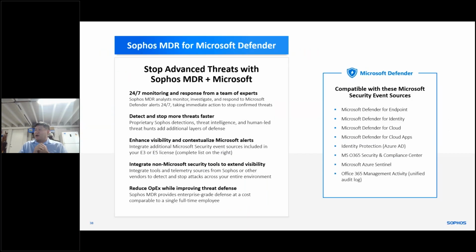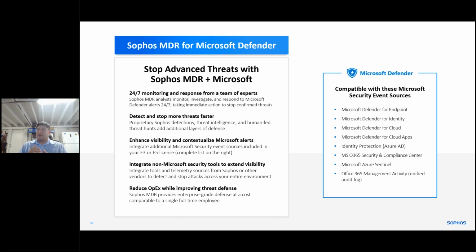One of the things I get asked a lot these days is about Microsoft 365 and Defender. It has become part and parcel of what Microsoft is doing and bundling. Just bear in mind that Defender is about providing security and protection on the endpoints itself, and there's a limited source of response if something does happen. No one can provide you the full response from Microsoft itself unless you pay more money. So Sophos MDR for Microsoft Defender has been launched in part to address that,